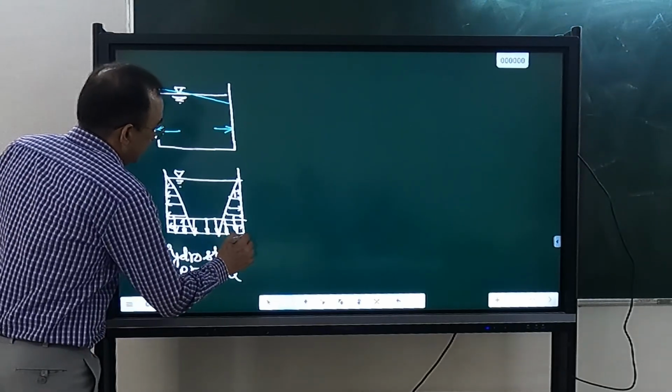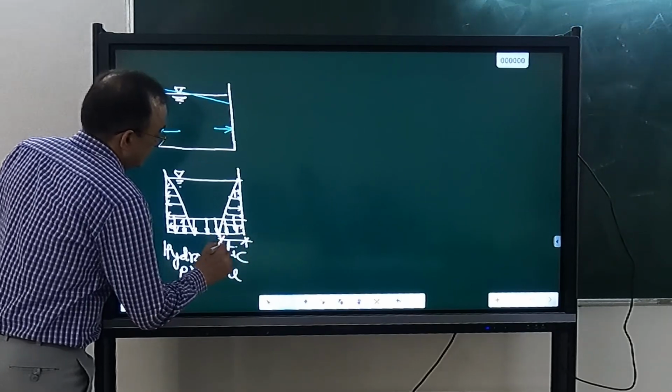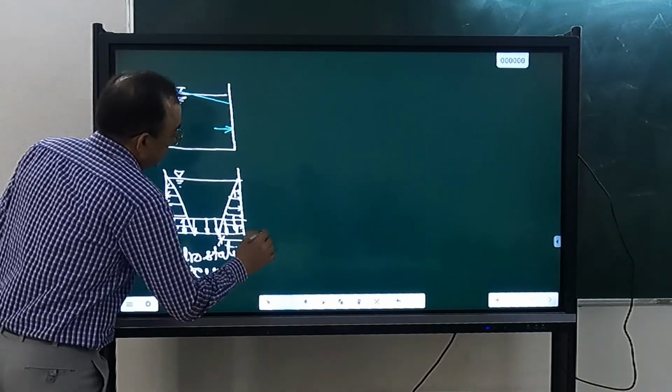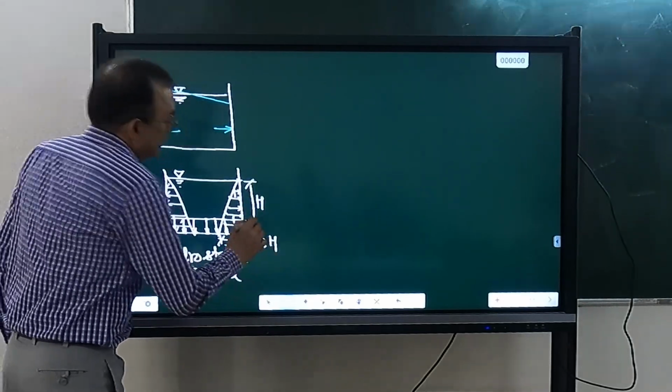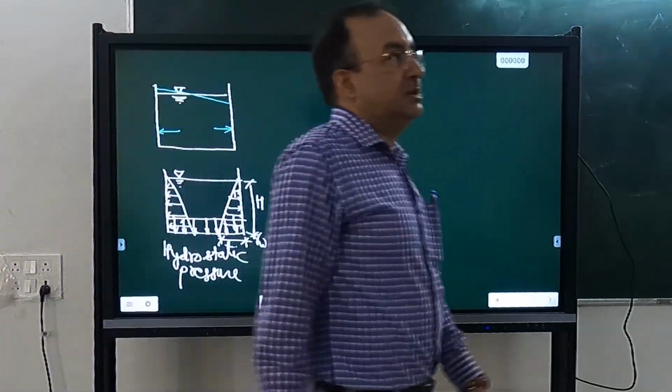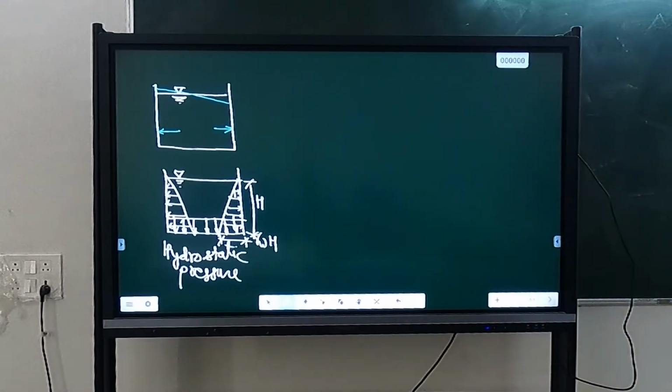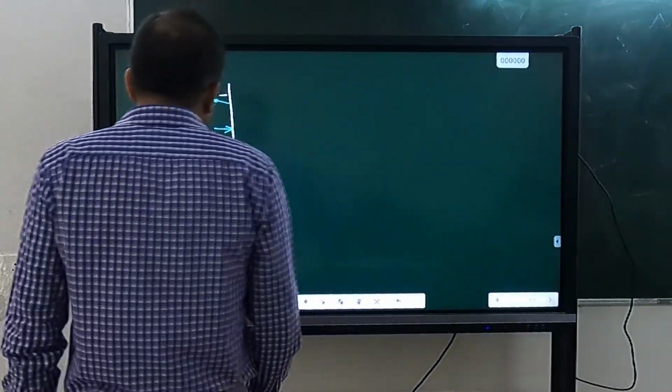And you know what is this maximum value here? Gamma W into this height. If it is some other liquid, then the gamma will change. In case of water, you will use the corresponding unit weight. The expression will remain same. What happens in